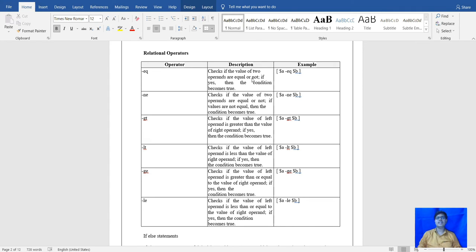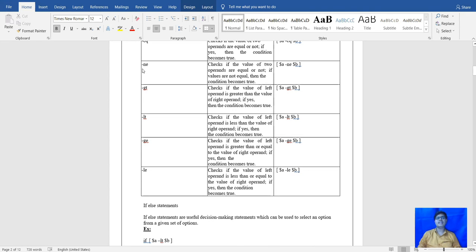If the operands are equal, it will print true, else it will print false. After that, this is hyphen ne. It checks if the values of two operands are equal or not. If the values are not equal, then the condition becomes true, else false.